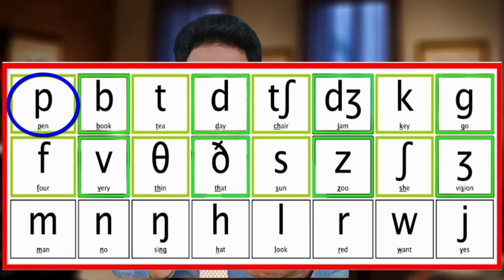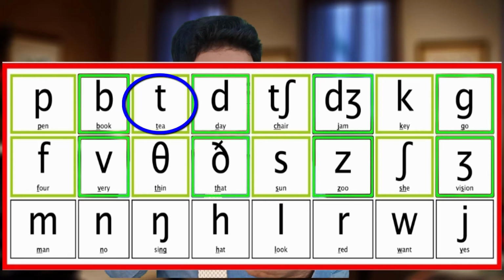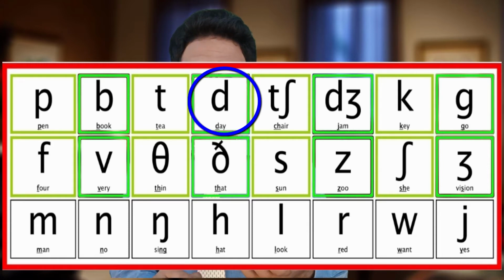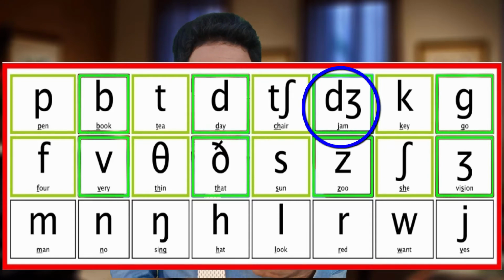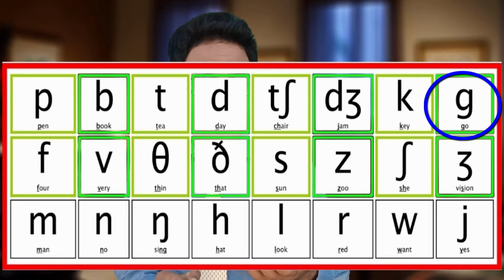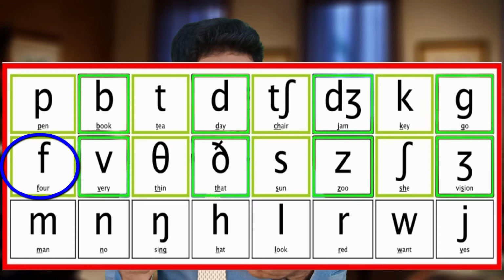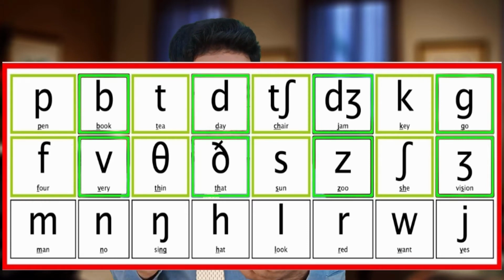P as in pen or pigeon, B as in book or bag, T as in tea or tuck, D as in day or duty, Ch as in chair or lunch, J as in jam or judge, K as in key or kite, G as in garage or gorgeous, F as in for or fan, V as in very or van,